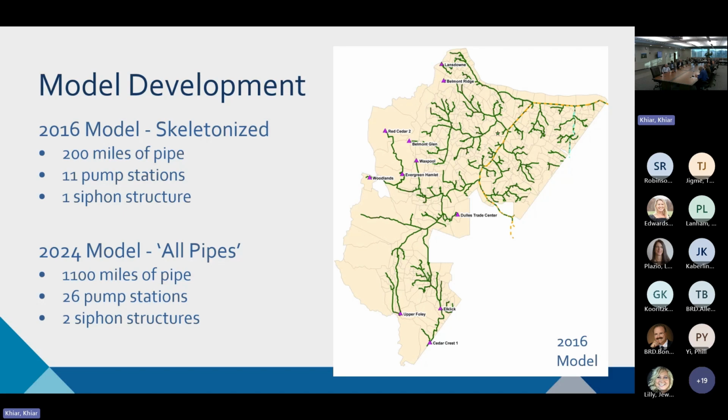One of the other challenges that we foresee coming is redevelopment as well, where we may see data centers being proposed in areas in the very upper reaches of our sewer system that may or may not be able to sufficiently handle their flow. So this new model will allow us to model that and see what the impacts downstream will be. So that'll be one of the major benefits to this model.